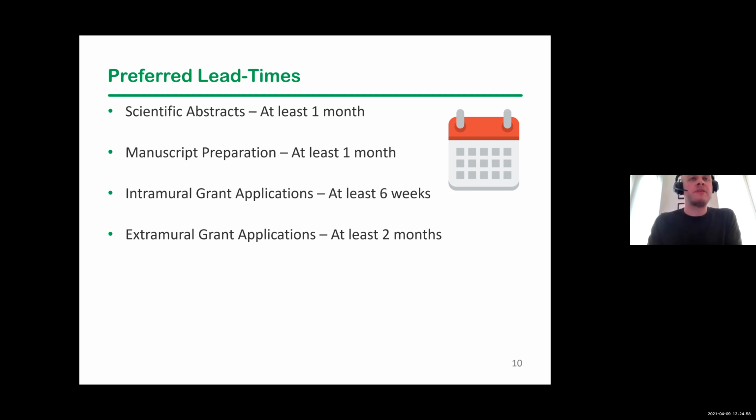The manuscript can drag on a while. I would say, again, having been doing this almost 10 years, an average manuscript from the first time we speak through acceptance in a journal can take a year or more. So when we say at least 1 month for manuscript preparation, that's really, in reality, a good first pass on your analysis. That's enough time for us to maybe help you think about the design, and then it kind of depends upon the situation.